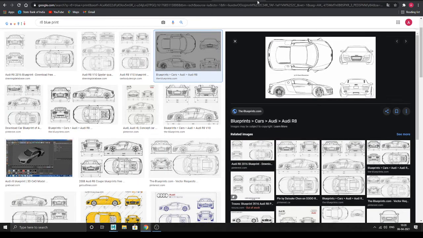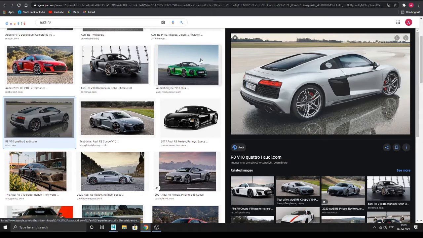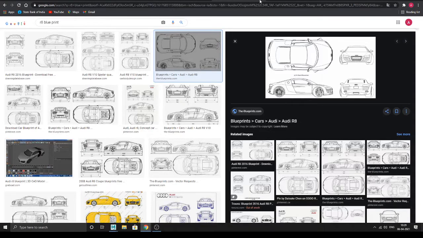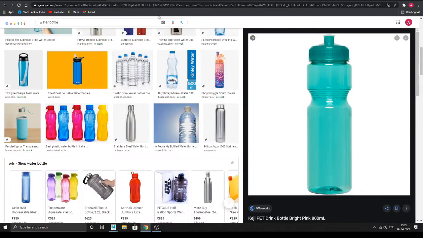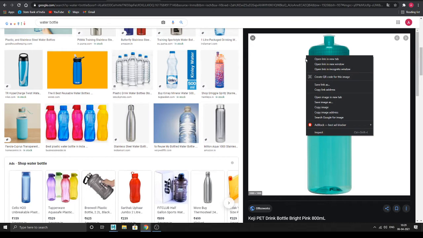So for that you have to take many references. So first you take the blueprint for modeling, and then you have many references. Whenever you're modeling, try to look into those references, try to read those references, see it from every other view: front, top, perspective, bottom, every view, so that this helps in modeling. So the first step of modeling is finding proper references.